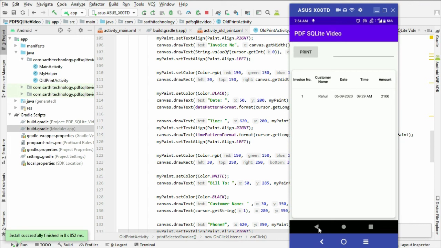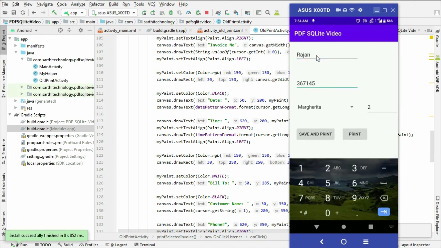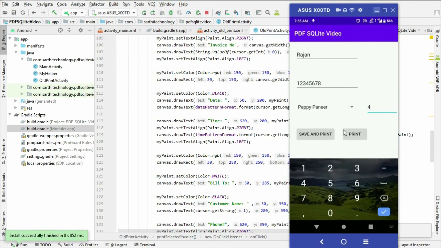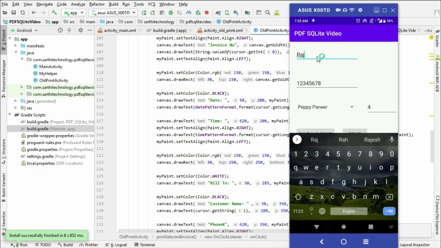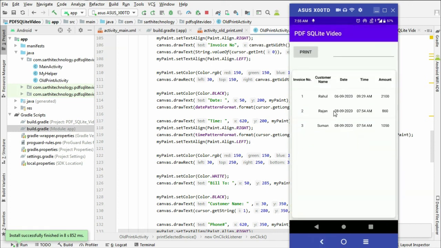So back, save and print. Now we have two. Let's add another. Now click on this print and we have these three entries.